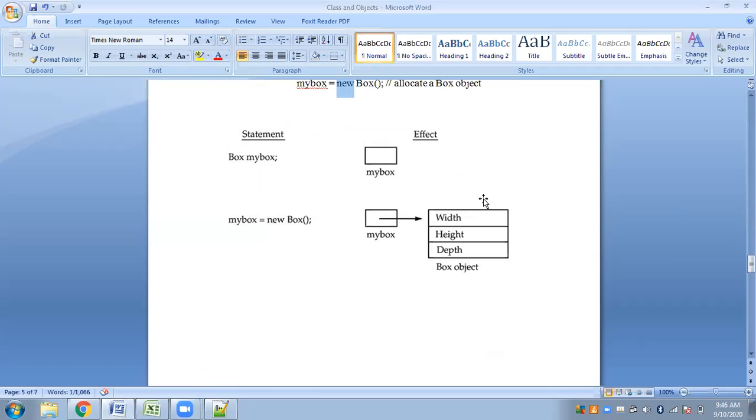So this is actually the implementation of the object. The class box is just a description. It will simply define what your object will contain, and this is your real object. Your real object will internally look like this. The object will consist of some spaces to hold values for the width, height, and depth. Just as you entered the value for width as 10, height as 15, depth as 13 in the program that we saw, these values will get stored in the spaces provided here.